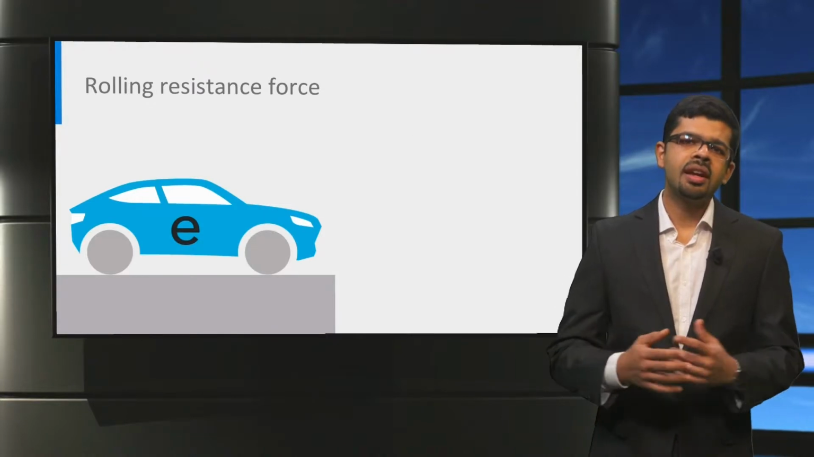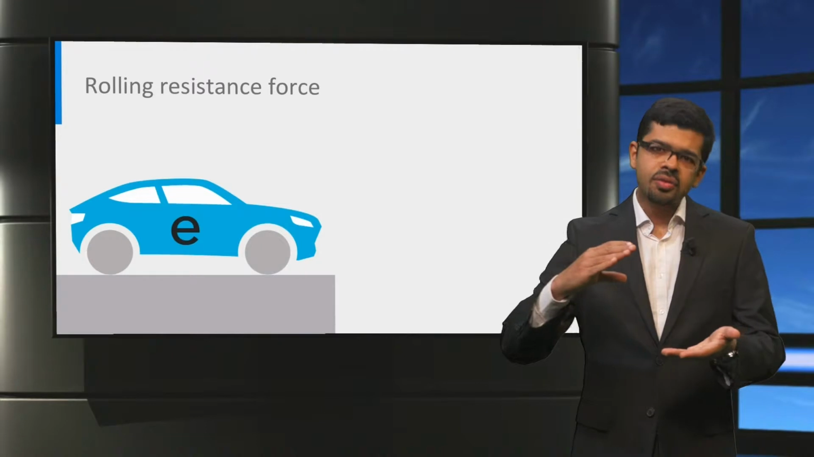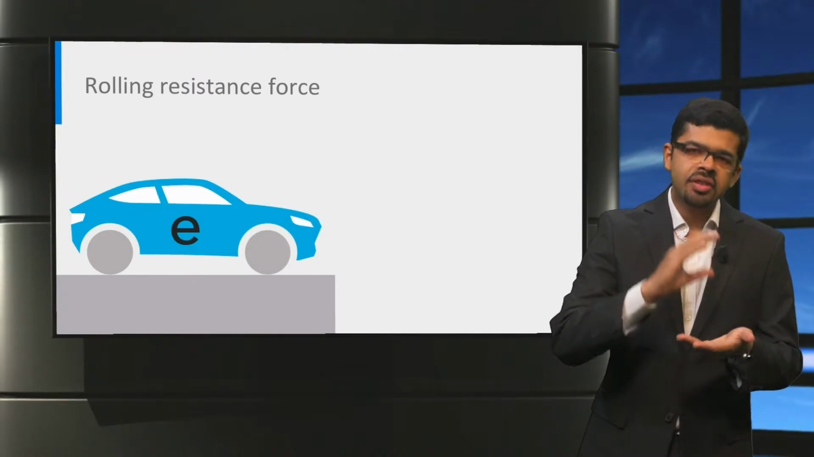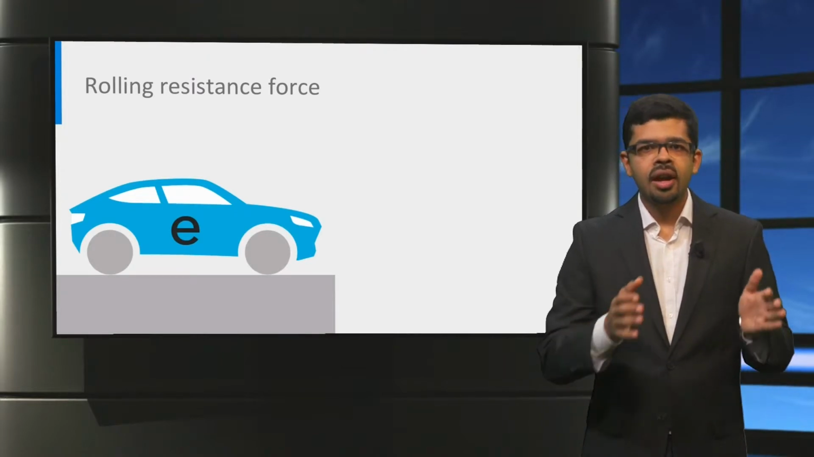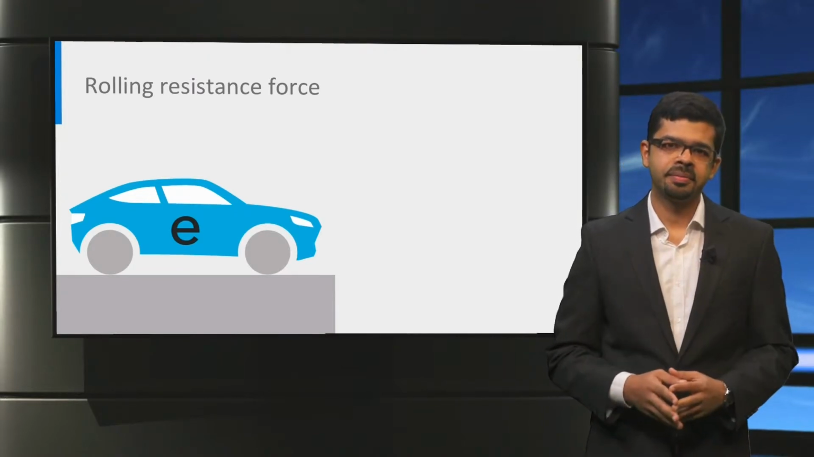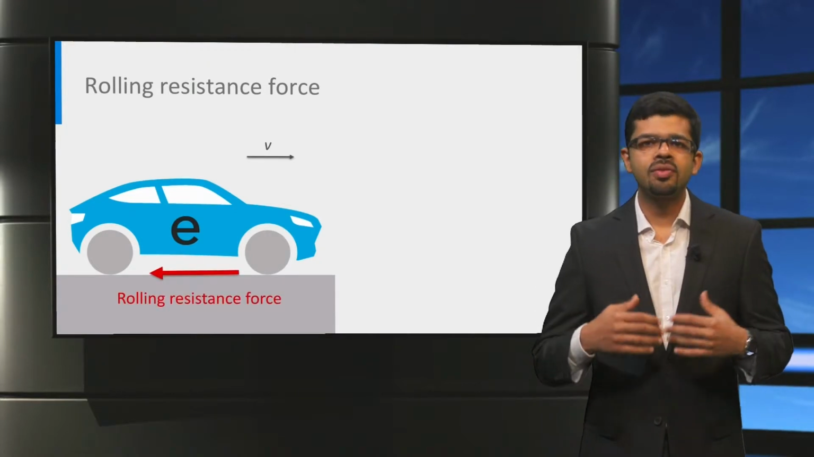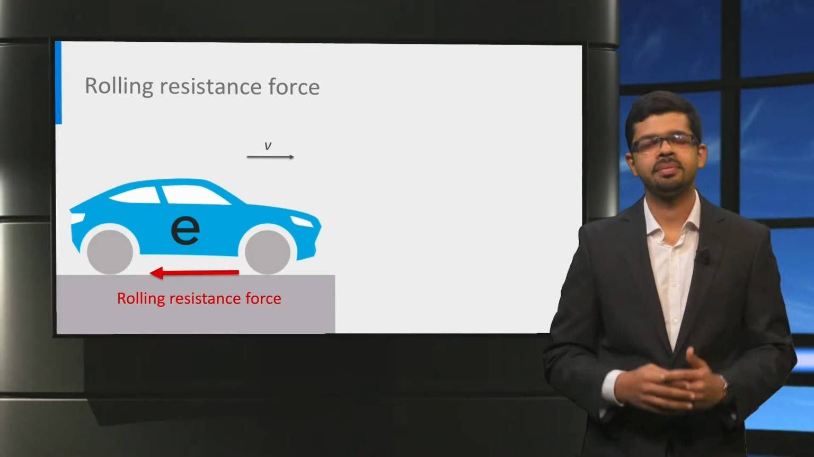Let us first start by analyzing the rolling resistance force. The rolling resistance force occurs due to the friction between the tires and the driving surface. The rolling resistance force is zero at standstill of the vehicle. When the vehicle slowly starts moving, the rolling resistance force acts in the direction opposite to the direction of motion,